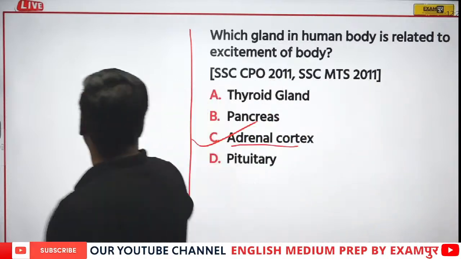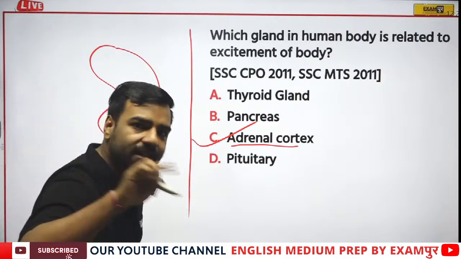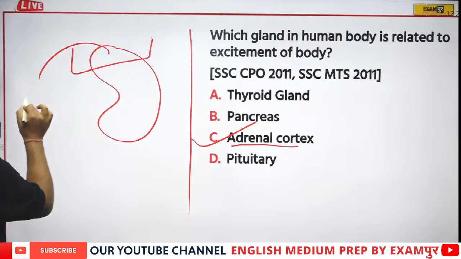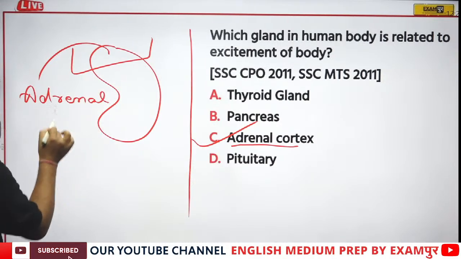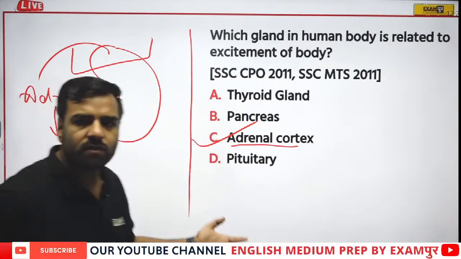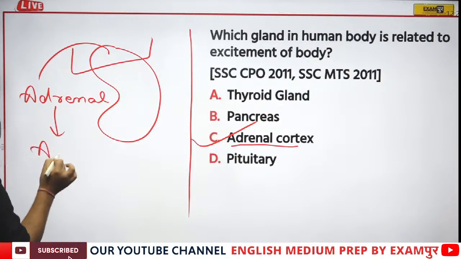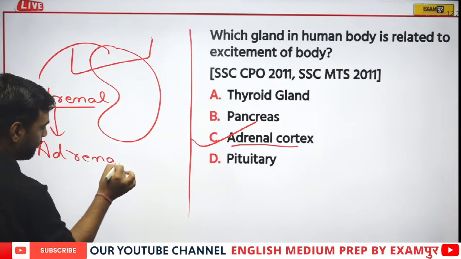Now what is this adrenal gland? As already discussed, if I talk about a bean-shaped structure in our body, that is a kidney. On the top of kidney, we have a gland that is known as adrenal gland. This adrenal gland releases different hormones, and we were talking about sex hormones as well. I'll take the example of one hormone which derives its name from this gland itself, adrenaline.